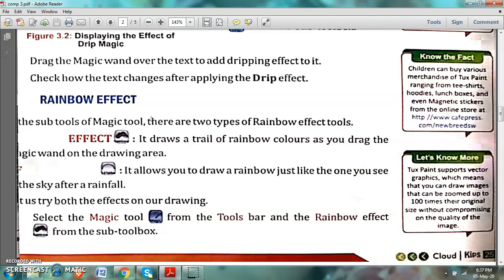You will click on the magic tool, then you will go to the drip magic effect. So you are to read both these effects carefully. If you read them carefully, you will be able to understand the next lecture, meaning the next video, in which I will show you the use of